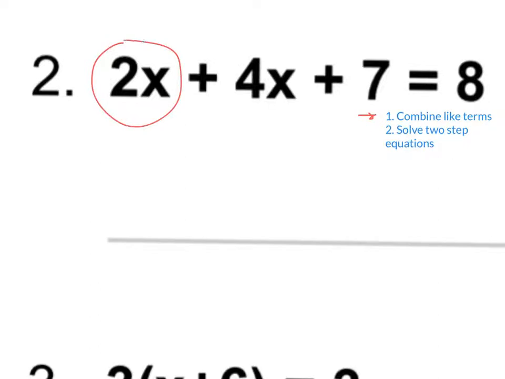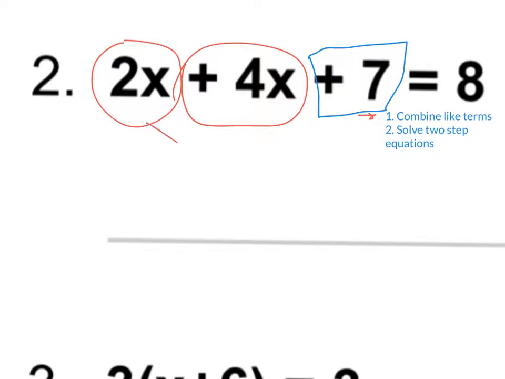So I'm going to put a circle around everywhere I see my variable. And then I'm going to include that coefficient and the sign out front of there as 1. And then I'll put a square around my constant. Okay, there isn't another constant on this side, so I'm not going to end up combining that with anything, which is fine. Now if I take 2x and I add 4x, that's going to give me a total of 6x